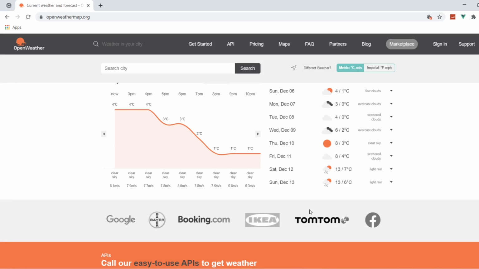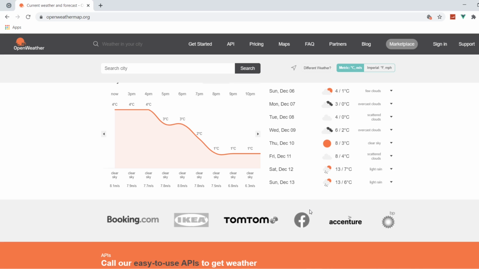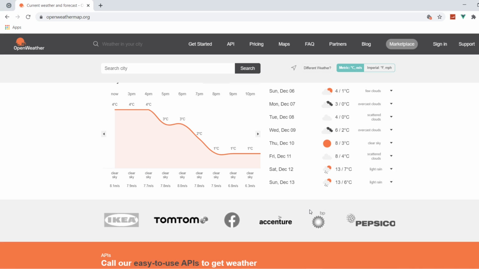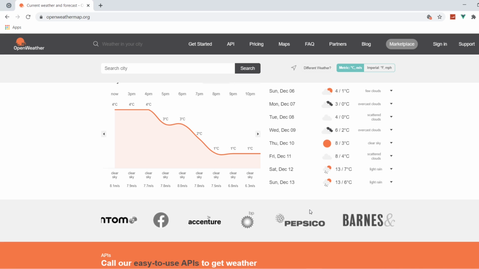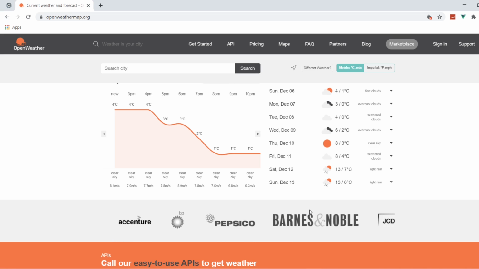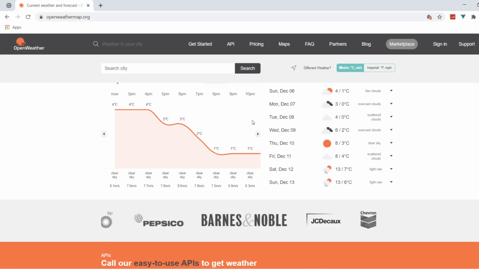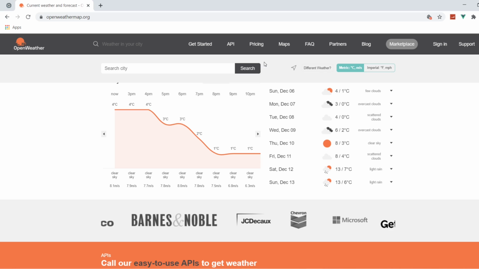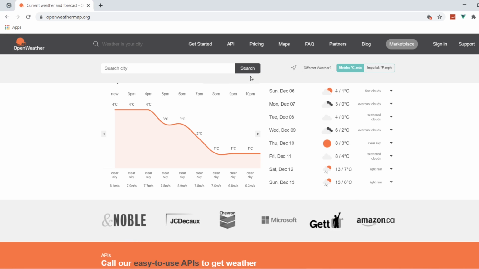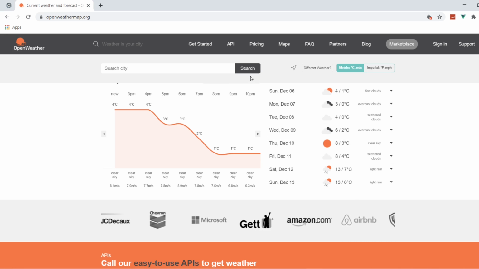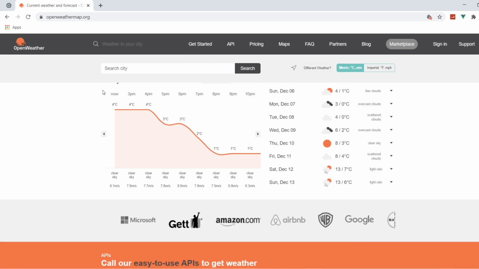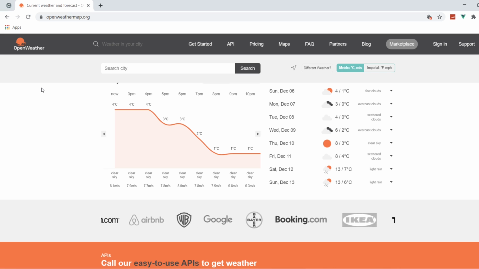So today we are making a weather app in Python. That's really exciting. It's the most advanced project that I've done on this channel so far. Basically, what we're going to be doing is using an API. It's the first time I've ever tapped into APIs on this channel. We are going to be using an API called OpenWeatherMap, which is going to give us the weather